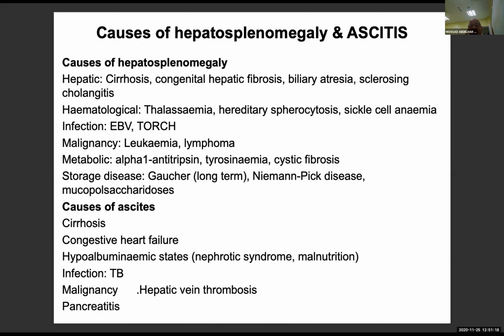Why did this patient get ascites? Does he have any liver cirrhosis, any congestive heart failure, any hypoalbuminemia, any infection like TB, any malignancy, any pancreatitis? So now I need you to be broad-minded. If you find the spleen alone, how are you thinking? If you find the liver alone, how are you thinking? If you find both, how are you thinking? Okay? It is very, very important, because if you do like that, you will be able to pick the simple difference and come to the conclusion more easily when you are broader. Next slide.